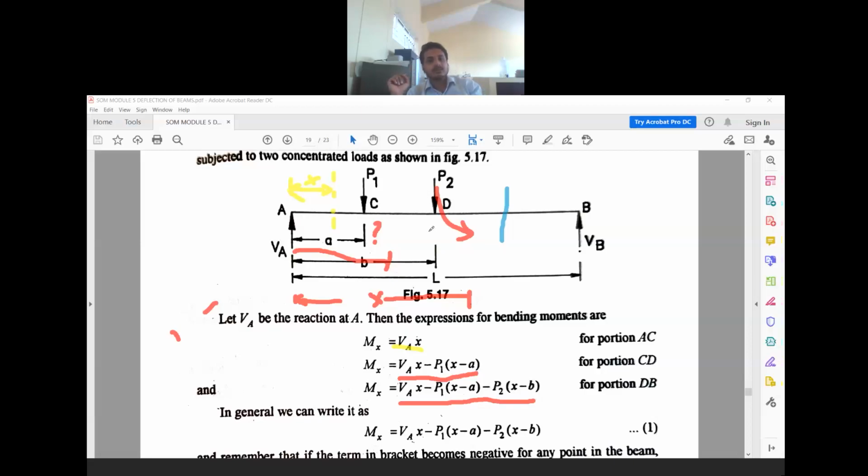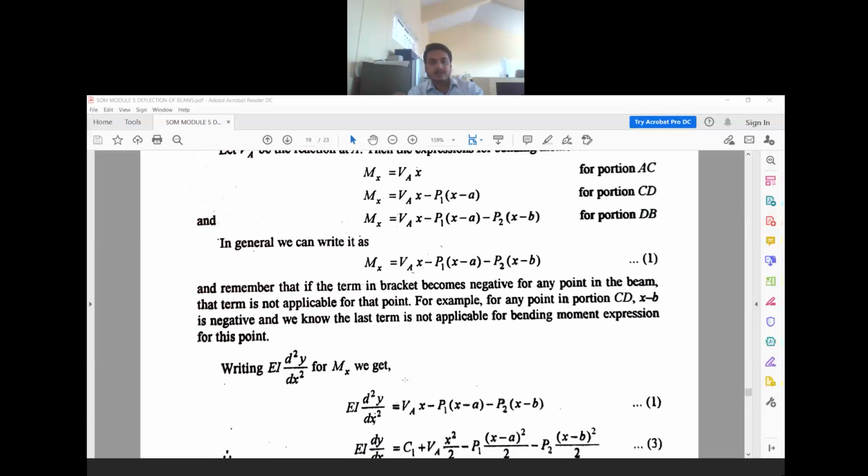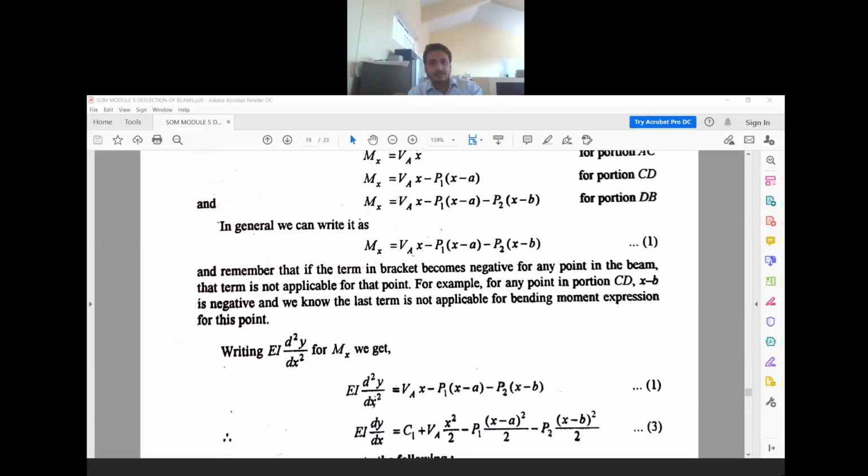So that is how we have to calculate the moment equation. So this is the final moment equation what we have obtained. So this is the maximum possible parameters what we can get from this beam. Okay. So in general we can write the equation as the equation obtained by considering portion dp. So this is the general equation.